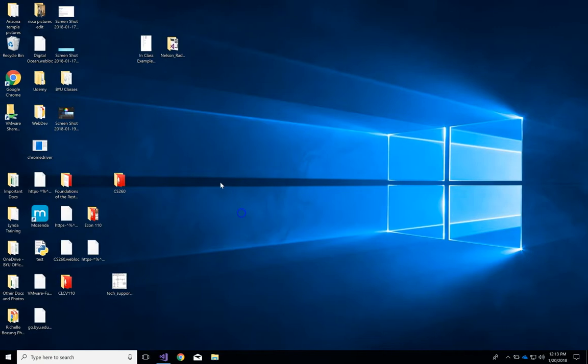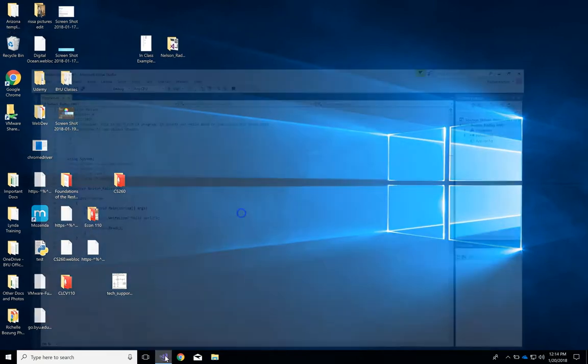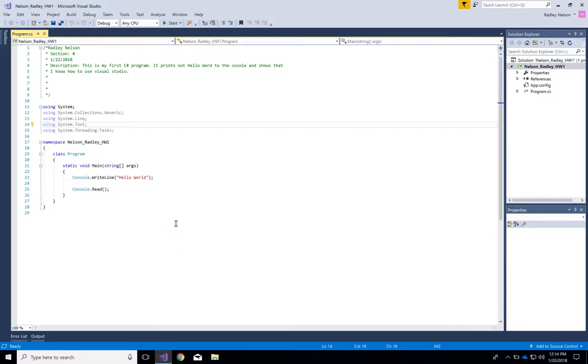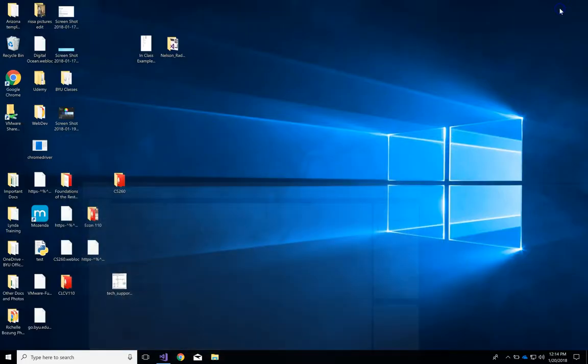So real quickly, another thing I want to show you, just because it's not super intuitive with Visual Studio 2017, I want to show you where your project folder is created, where your projects are all stored. So here's this program that I made. I called it Nelson_Radley_Homework_1. I saved that. So now that I have that saved,